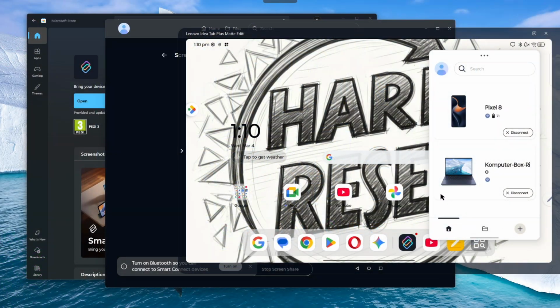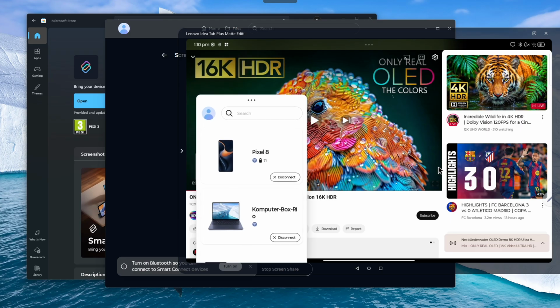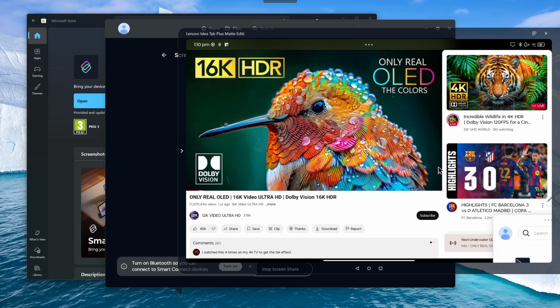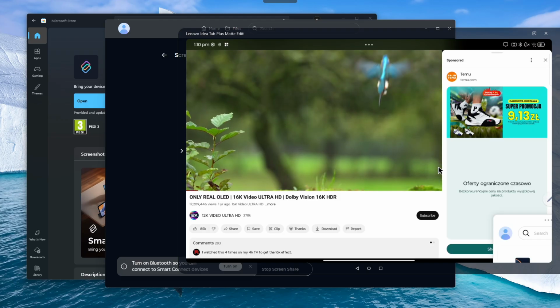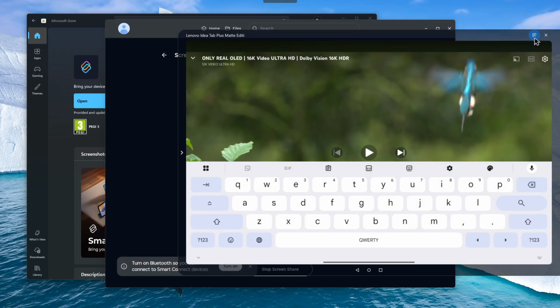And then the screen of our tablet will be displayed on our computer. So let's see what it looks like. And right now we can open any application on our tablet and start streaming it to our computer. We can even open videos in full screen mode. Okay, so like this, and we can basically